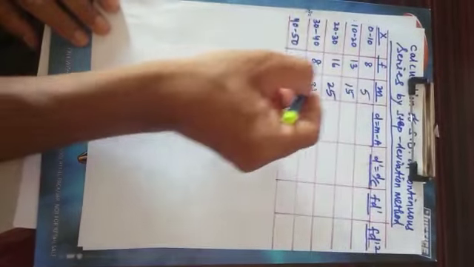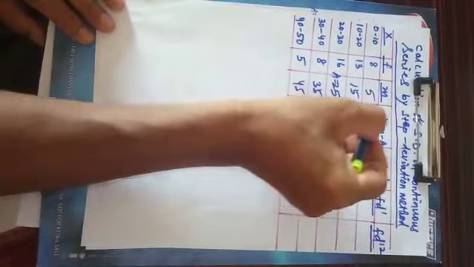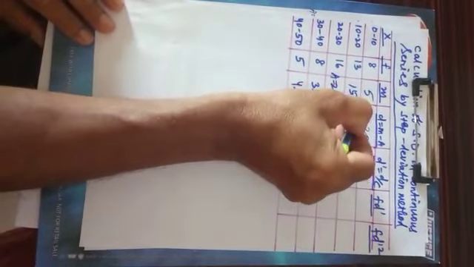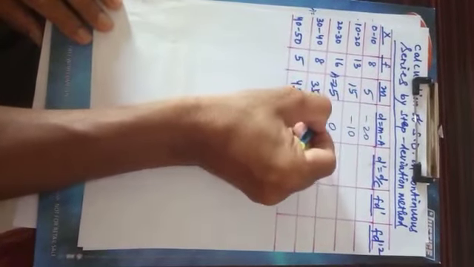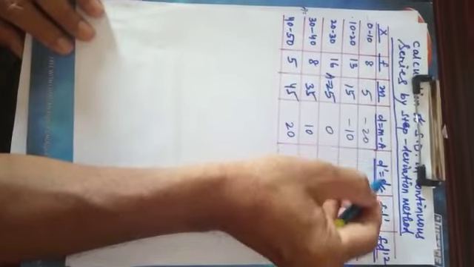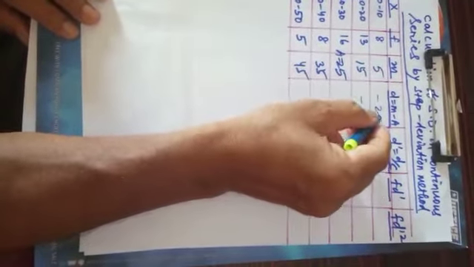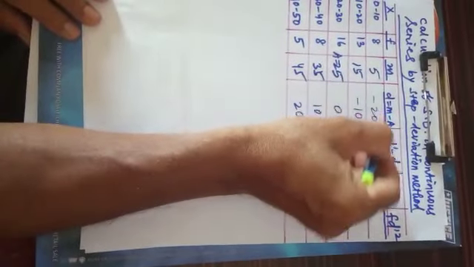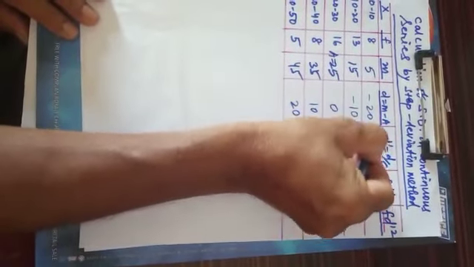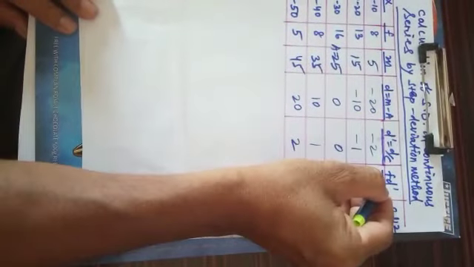And deviations will be taken from the assumed mean. Here we have taken 25 as the assumed mean. So 5 minus 25 will be minus 20, then minus 10, then 0, then 10, then 20. Then it will be divided by the common factor, giving d dash, that is the step deviation. We are applying the step deviation method, that's why d dash, that is d by c, has to be found out. The common factor will be 10. So if you divide the deviations by 10, it will be minus 2, minus 1, 0, 1, 2.